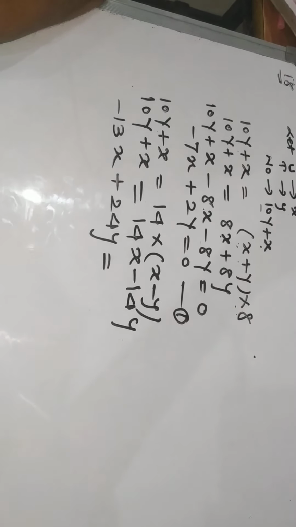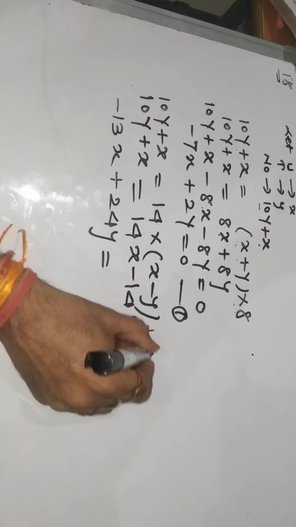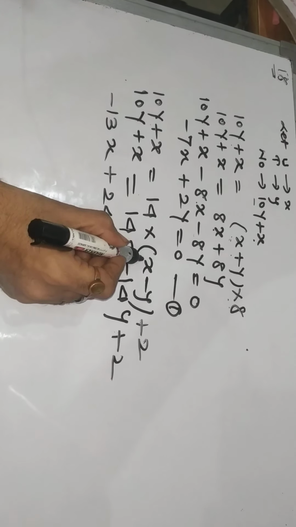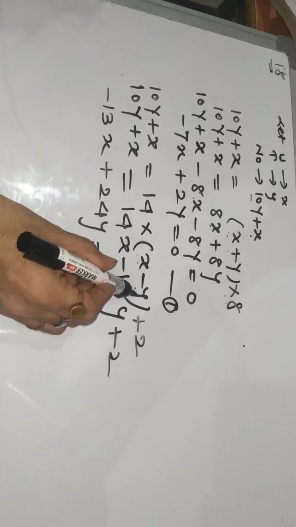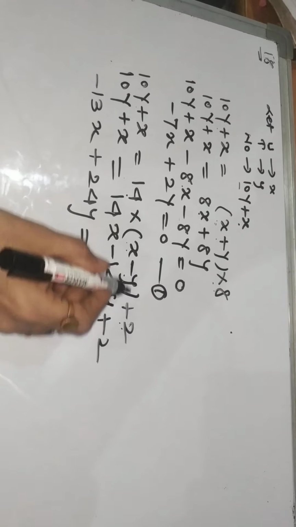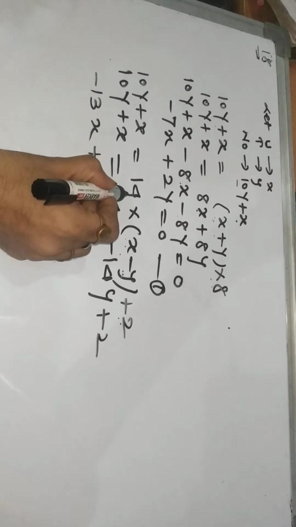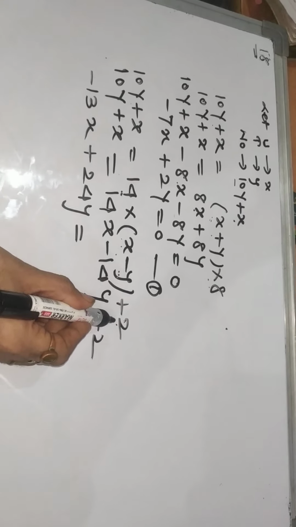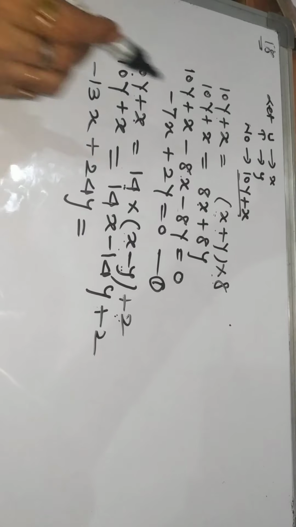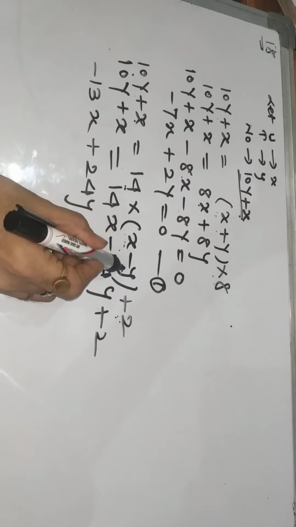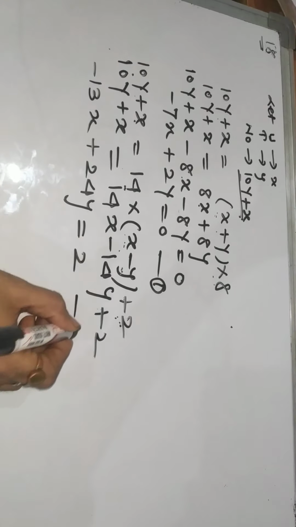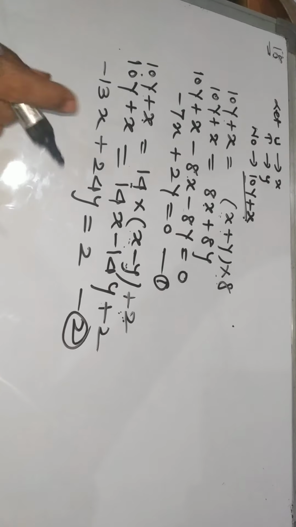Or the difference between the digits, and adding 2, then plus 2. This number 10y plus x is obtained on multiplying the difference of digits, x minus y, by 14 and adding 2. अगर हम डिफरेंस ऑफ डिजिट में 14 से मल्टीप्लाई कर दें और उसमें 2 ऐड कर दें तो जो नंबर आएगा वो 10y प्लस x के बराबर होगा. तो ये इक्वेशन आ गई आपकी इक्वेशन नंबर 2. We have to see that here is the coefficient of